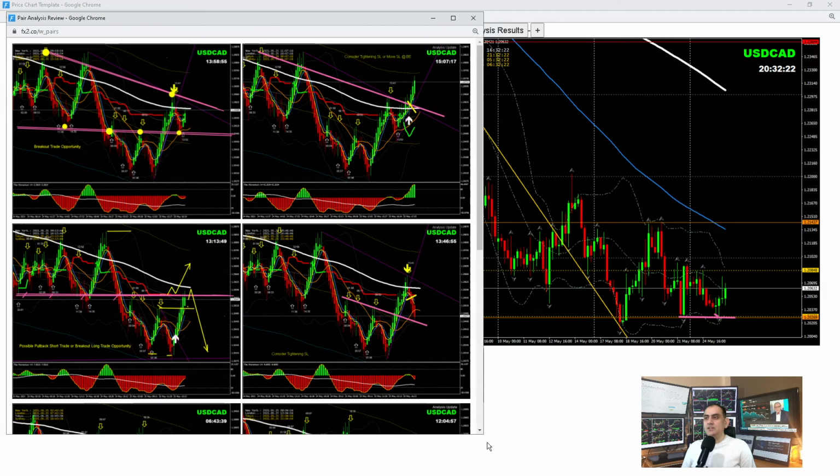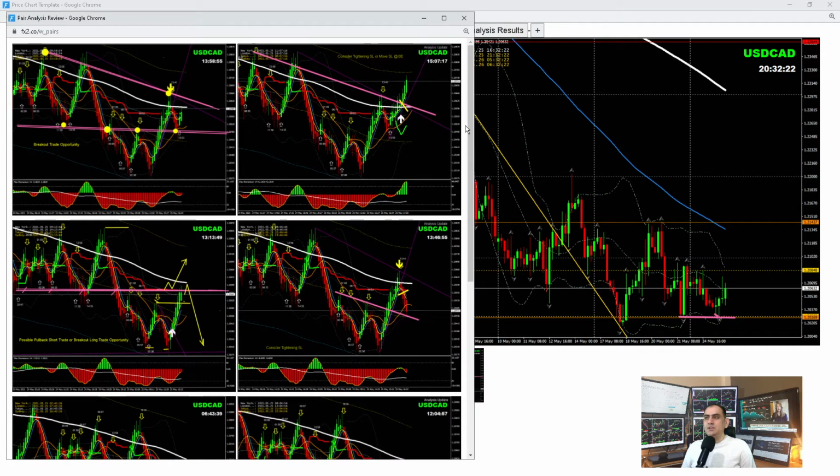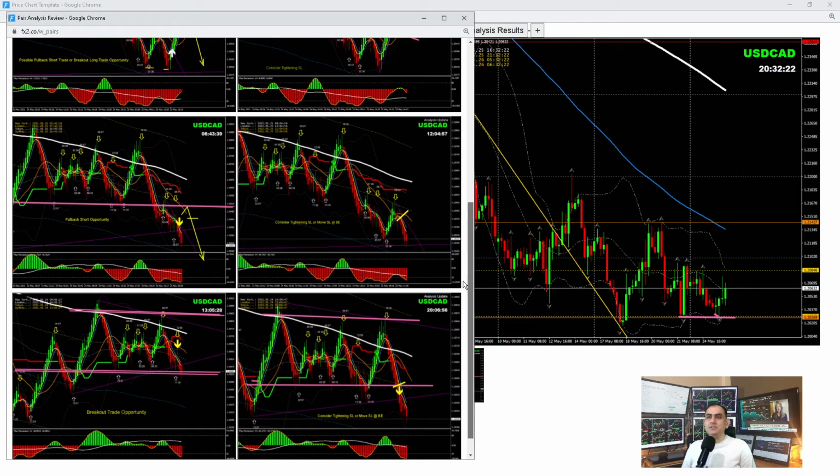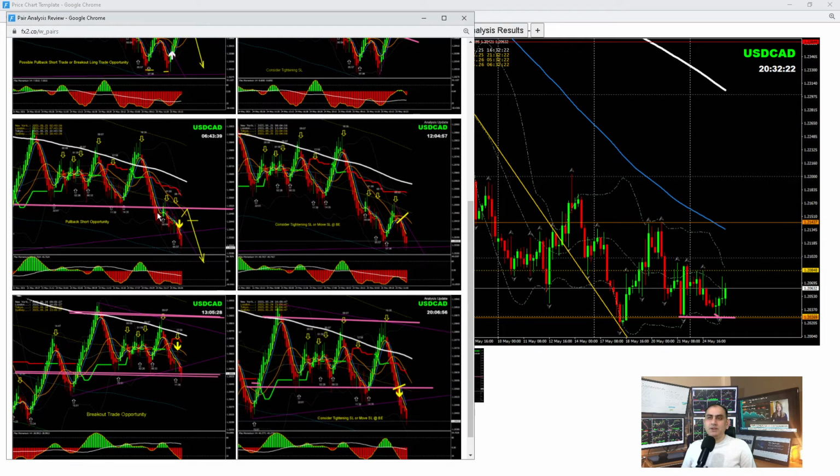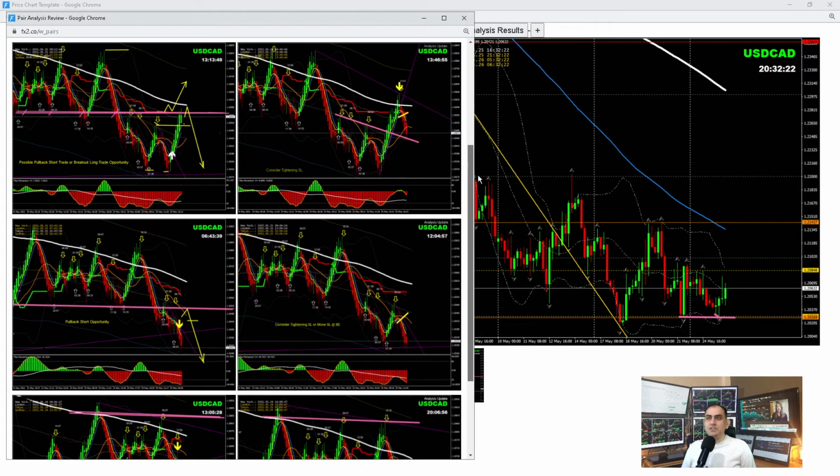As you can see here, from yesterday we were short. Yesterday we had this breakout short trade, banking beautiful pips, and this morning in the London session, we can see another pullback long, pullback short, which price nicely developed. And as soon as the price hit the major support level in the 4-hour and developed a double bottom,